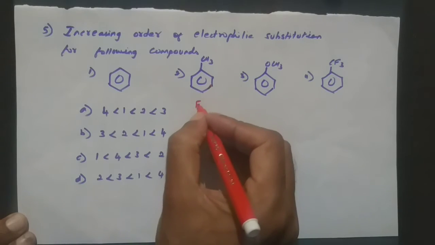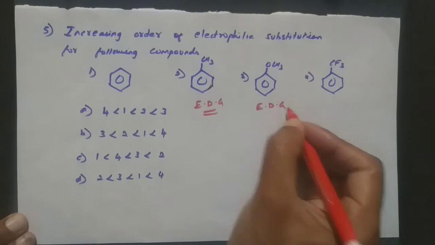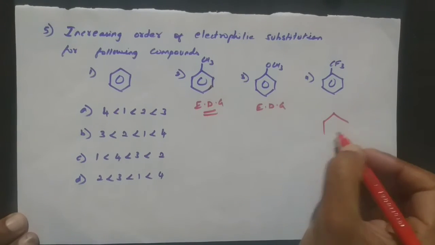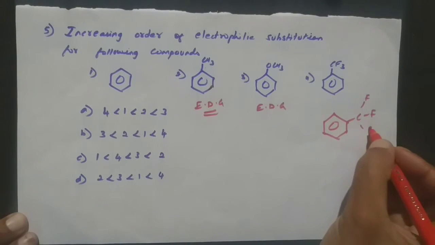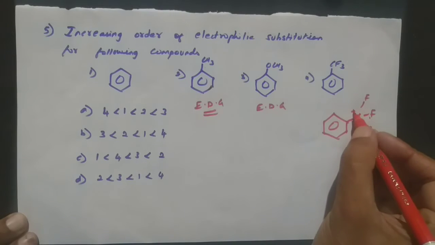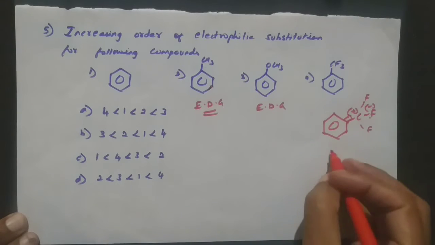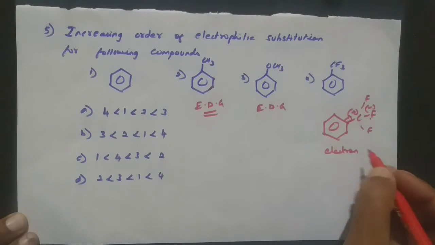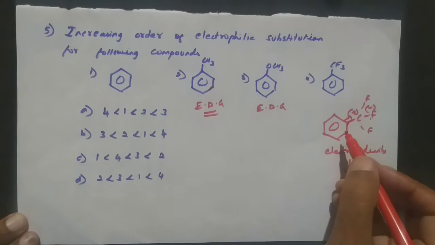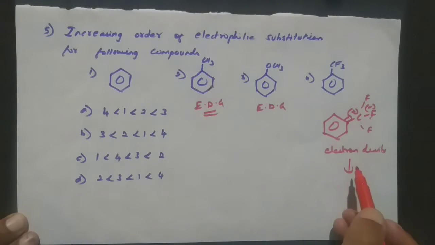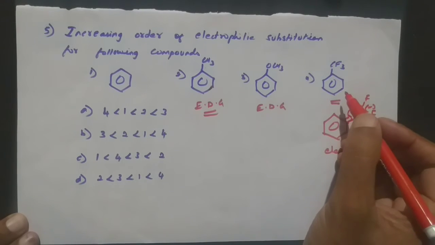Methyl benzene, electron donating group, correct. Methoxy, once again electron donating group. CF3: in the case of CF3, we have carbon and fluorine, and fluorine is more electronegative, so it makes the carbon positive. It will gain the electron from the carbon, making it positive, so this will withdraw. So here, electron density will decrease because it's a withdrawing group. Whenever the electron density decreases, the electrophile, which is positive, can't come and attack very easily. So this will be the last option, the least.